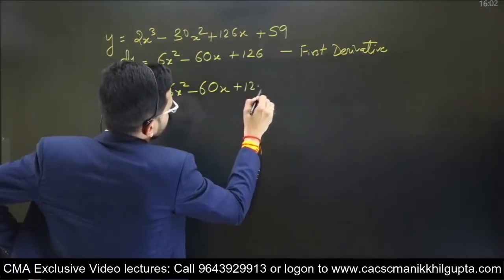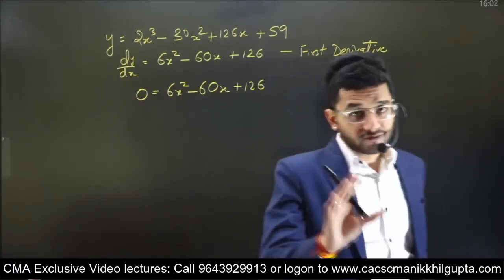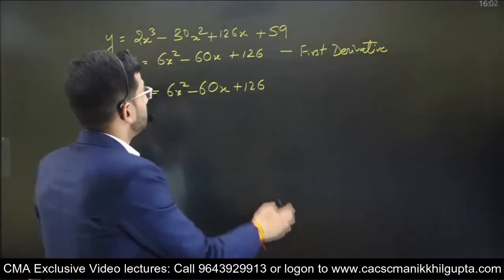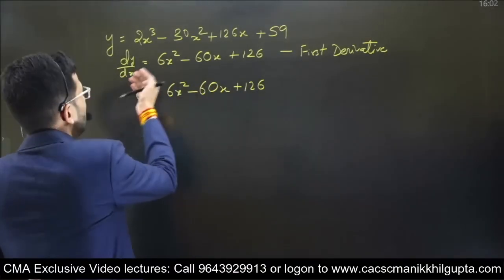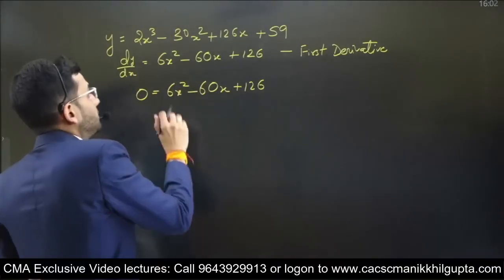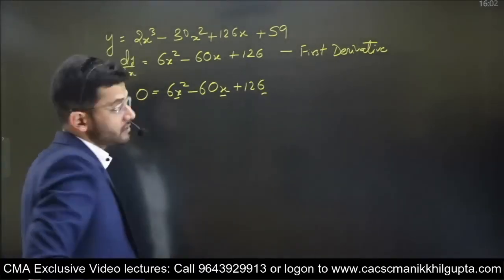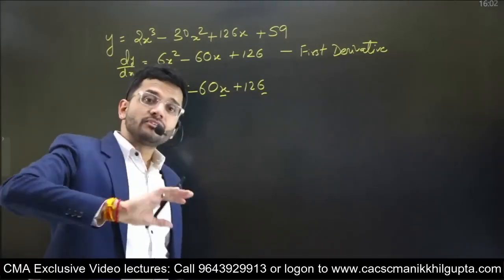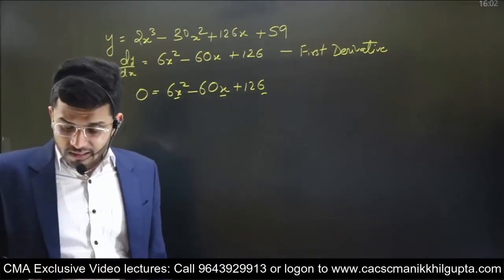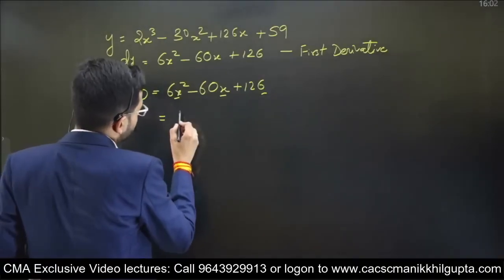Now this is a quadratic equation, guys. There are two kinds of things which can happen at this stage. A, you will get an answer just by transposing the numbers from here to there, and you'll get the direct answer. But this equation is a quadratic equation, which means x square, x and no x terms are there. This will not be as straightforward to compute the solution. So what I'll do is I will first of all divide the entire equation by 6.